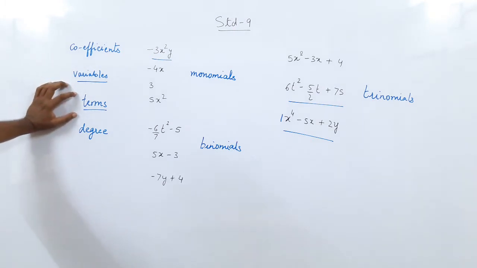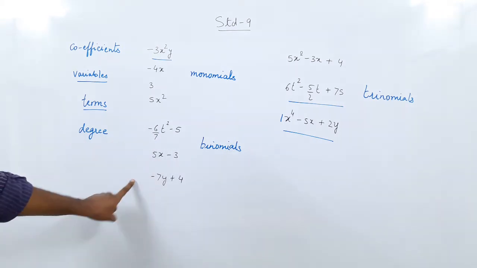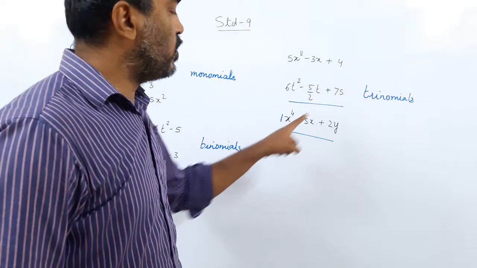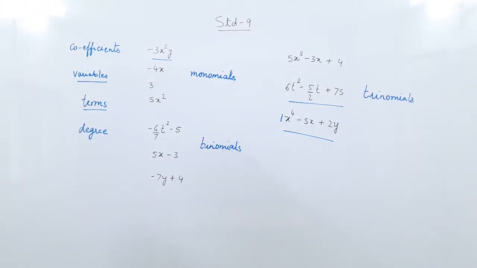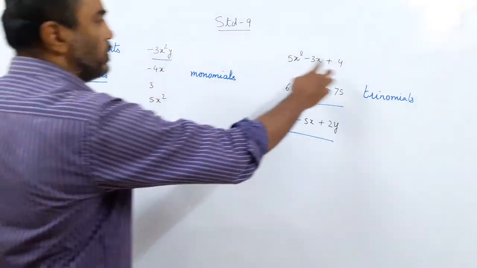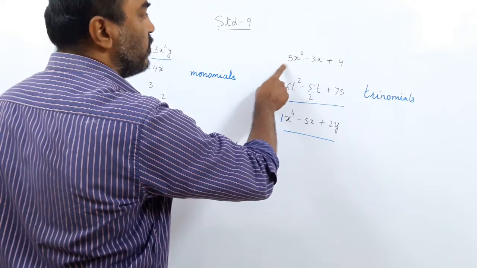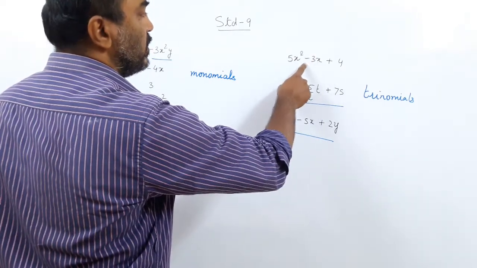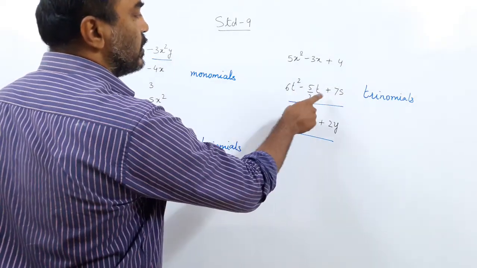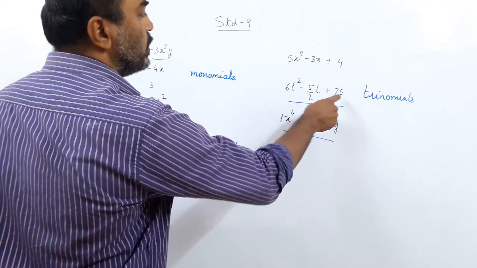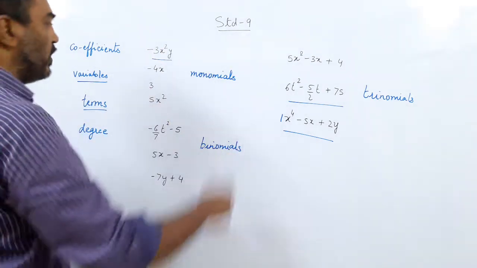I hope you are following. So we start with terms again. Those having single terms are monomials. Those having two terms are binomials. Three terms we call trinomials, but two or more terms usually called polynomials. Okay. Terms done. Now coefficient. Every term, you can see this, there are three terms here. The coefficient of x square is 5. The coefficient of x is minus 3. And 4 is a constant term. The coefficient of t square is 6. The coefficient of t is minus 5 by 2. The coefficient of s is 7. So those are the coefficients, which are the constants along with a variable.